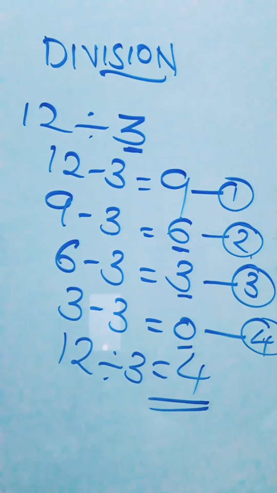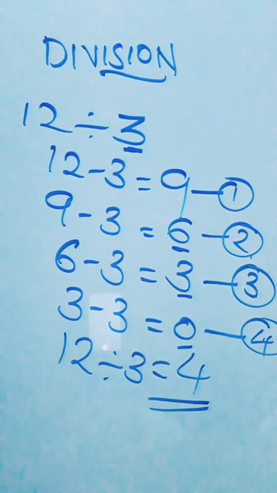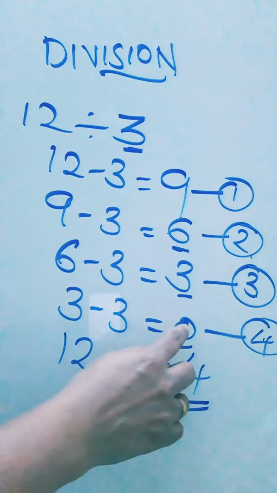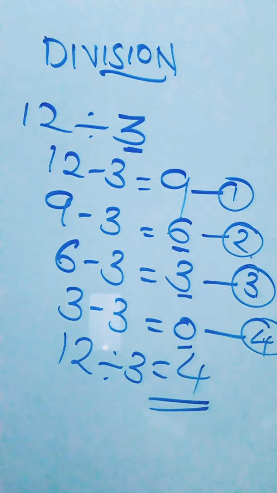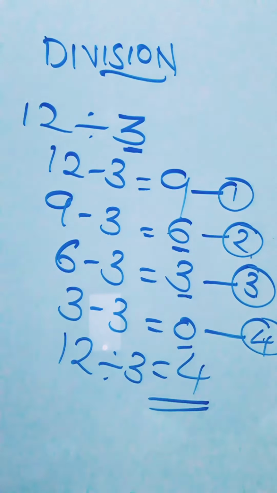Then also something is left. 6 is left in my hand. So I will do again 6 minus 3. I got 3. Again 3 are there in my hand. So I will do 3 minus 3, 0. Now nothing is there in my hand. That means I have distributed it equally. So each child will be getting 4 flowers or 4 chocolates, whatever it will be. But this is equal distribution, I said. If it is unequal distribution, finally we will get something other than 0.